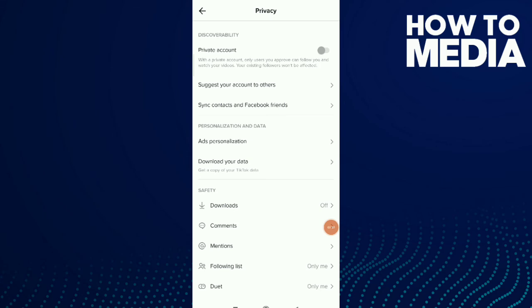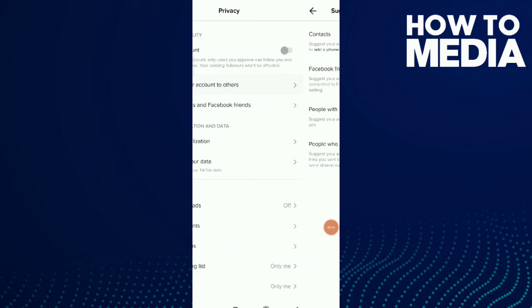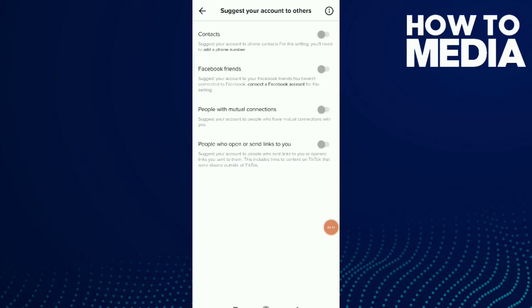and click on suggest your account to others, and you can turn on contact, Facebook friends, people with mutual connection, and people who open or send links to you. And this is it. This is how you suggest your account to